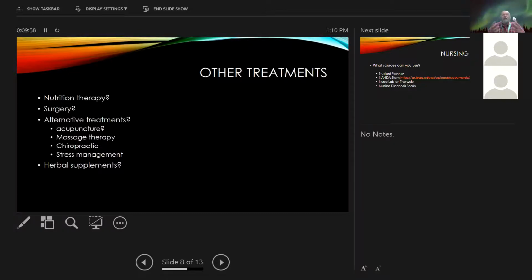Herbal supplements, some doctors poo-poo the herbal supplements, but hey, they work. They do get out there. They do make the difference. But people are going to have to understand what those herbal supplements do. Oh, I heard garlic does well for this and that. Yeah, but it also increases your bleeding time. So if you're on a blood thinner to begin with, and then you are taking garlic supplements, that might not be a good thing, okay? So you have to be careful with that.